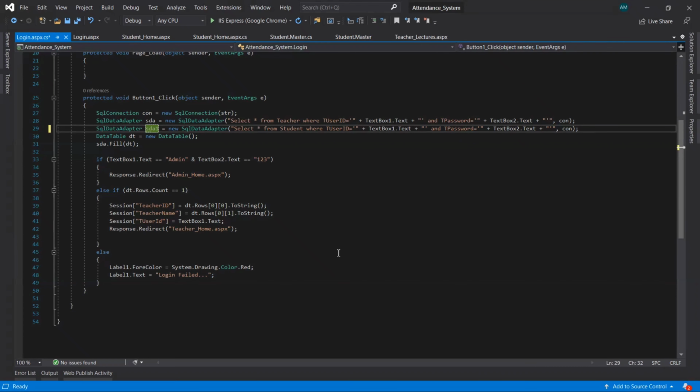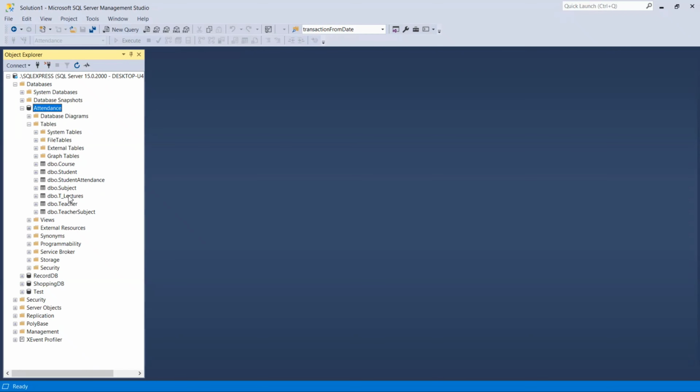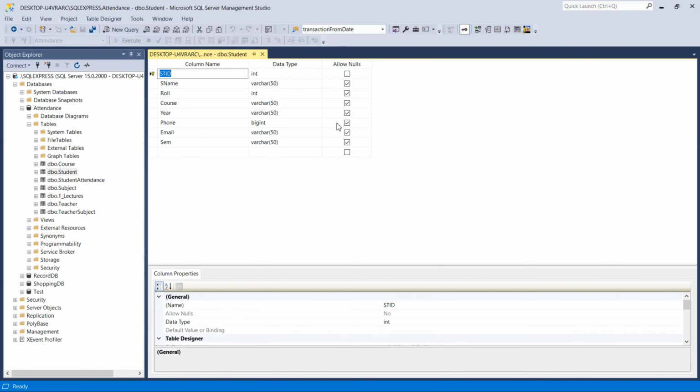So first of all, we have to check the column names present in the table for the student. We have the email. So we are going to use the email column and we have to create a new column for the password, because while signing in, we need the email and the password, right?